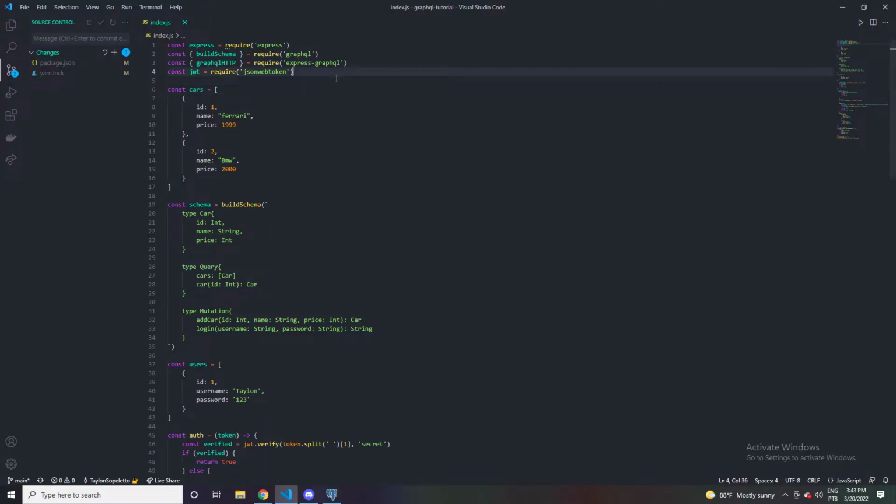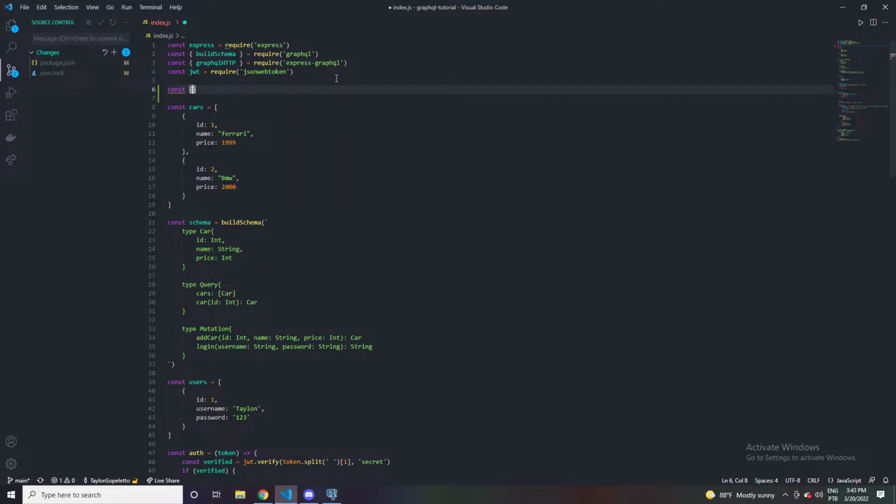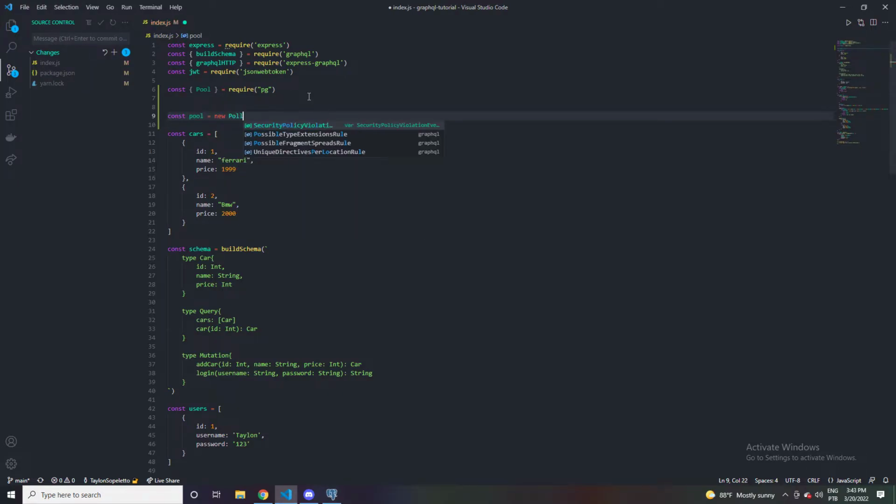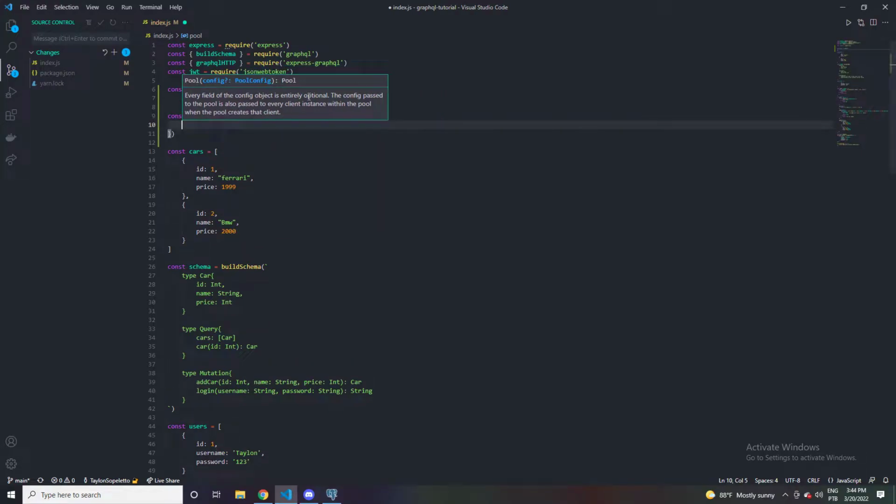To make it work, I'm gonna get something from PG. I'm gonna get the pool. This is the easier way to create a connection with this module. We just need to get this class and instantiate it. So we're gonna create a variable with the same name and instantiate this class, and here pass inside this object